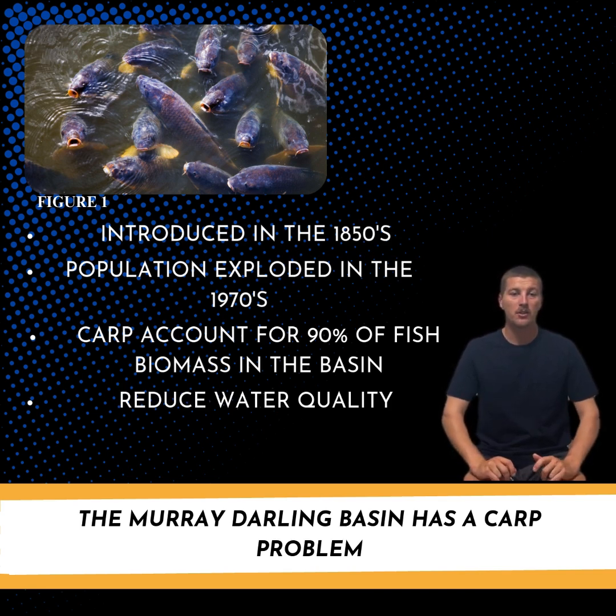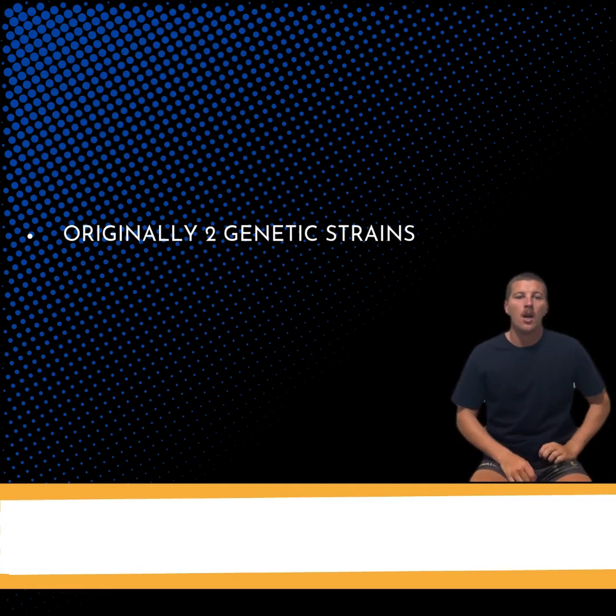Their presence affects the water quality, which impacts the native flora and fauna that call the basin home. This poor water quality also costs farmers money in the maintenance of their irrigation systems. Without intervention, these effects may become irreversible.